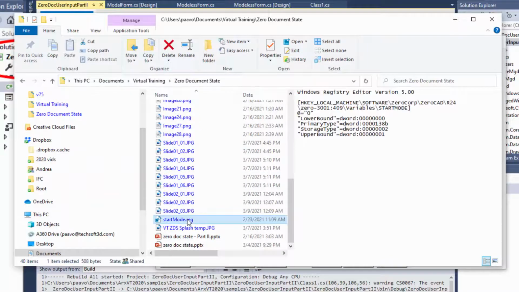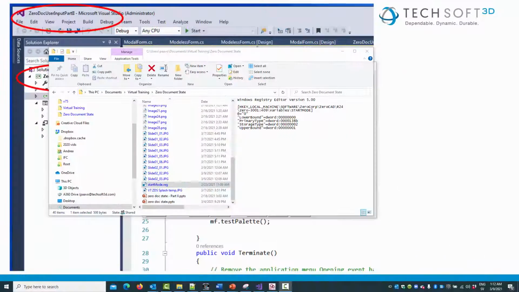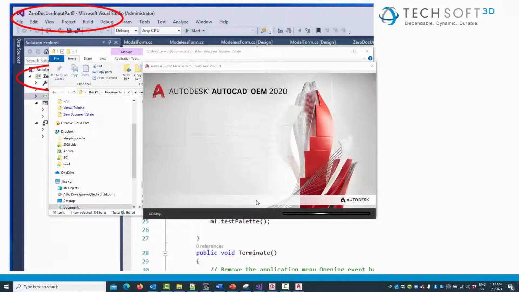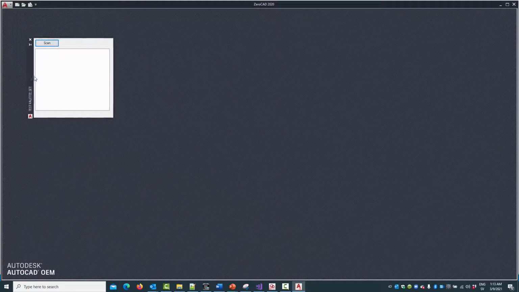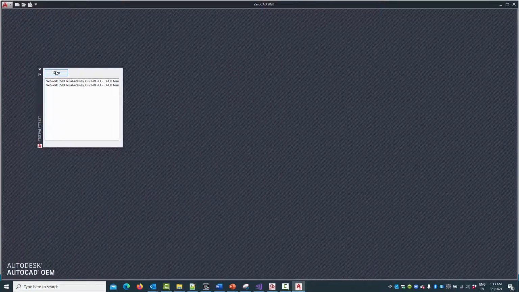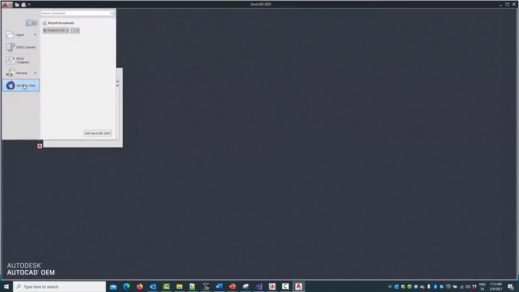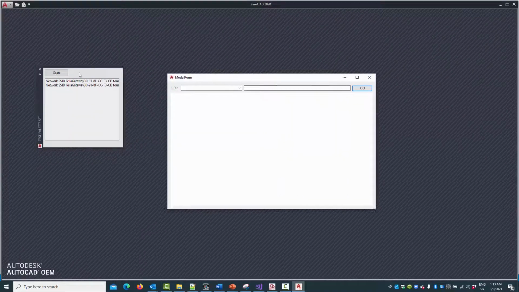And let's run the ZeroCAD application. If your Wi-Fi adapter is turned on, you will see this palette that provides modeless user interaction in zero document state. If we run the zero-doc command from the application menu, we can confirm that we provide modal user interaction in zero document state.